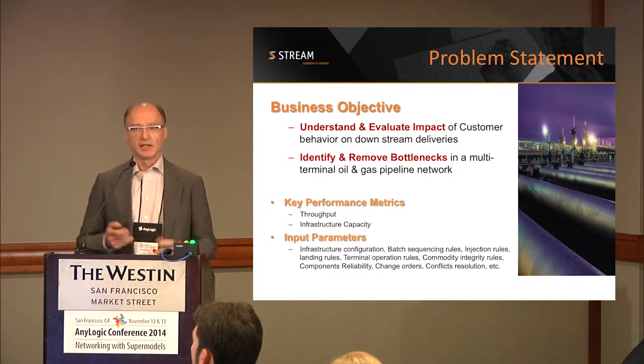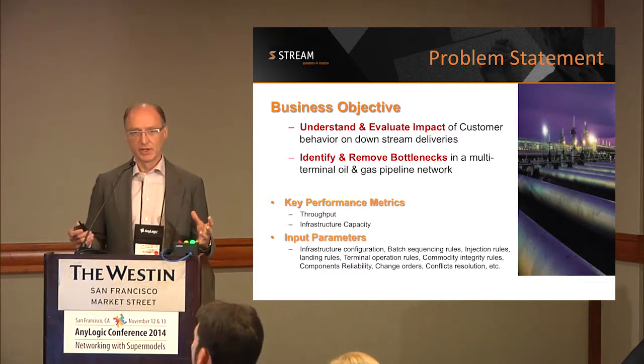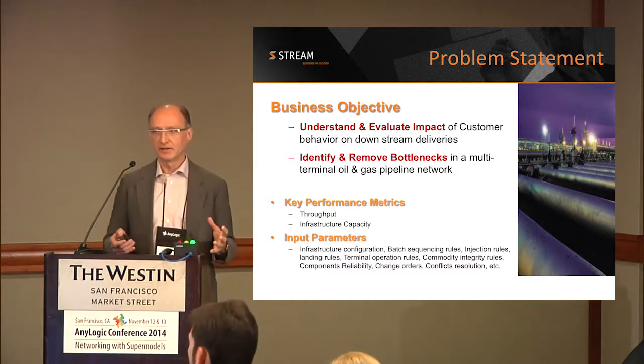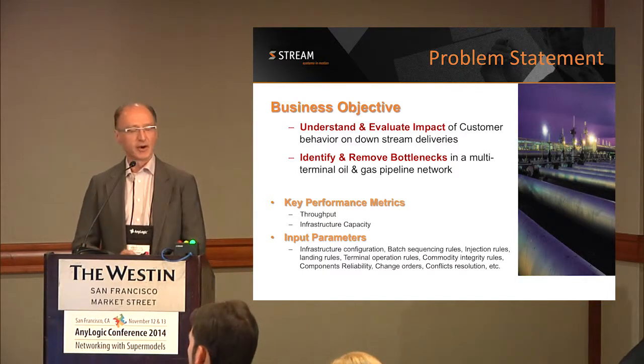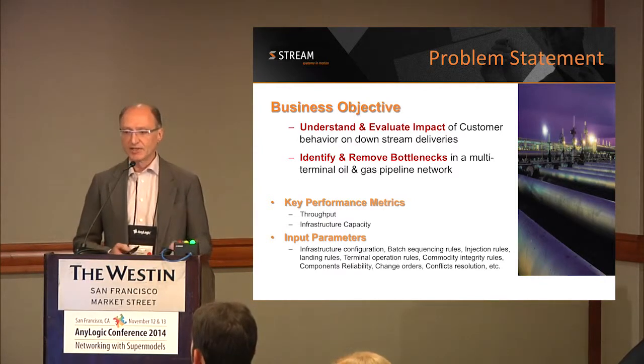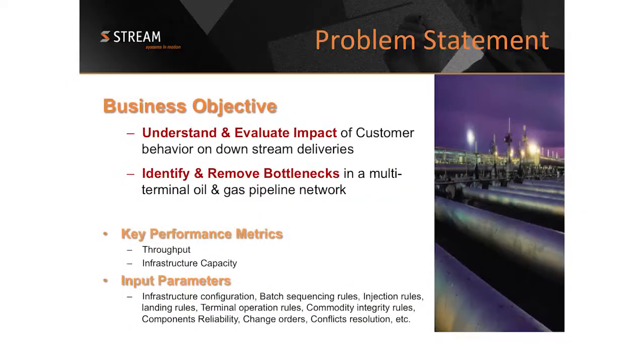The question is, now what do you do with that oil in the system? Do you have enough upstream capacity in that system to actually absorb that unexpected quantity? And how does your network then respond to that unexpected quantity of oil? The second aspect we were looking at was how do we debottleneck, identify and remove bottlenecks in the system to allow them to have greater throughput through the system. It's a classic network problem. Metrics we looked at were throughput and infrastructure capacity. Those that understand the pipeline business know there's a lot of variable inputs. So we had a lot of variables that we were considering in this model.